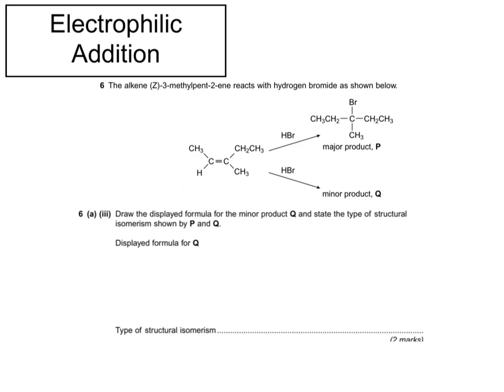This other past paper question says the alkene Z-3-methylpentene, if you're not sure what this Z means, then watch the video on EZ isomerism, reacts with hydrogen bromide as shown below, and there's the reaction scheme. Draw the displayed formula for the minor product Q and state the type of structural isomerism shown by P and Q. So the first thing to say is that even though one of the carbocations might be more stable, that